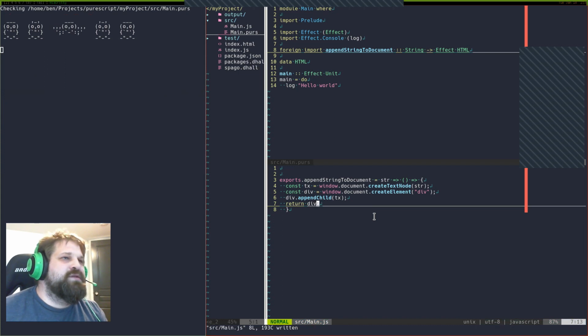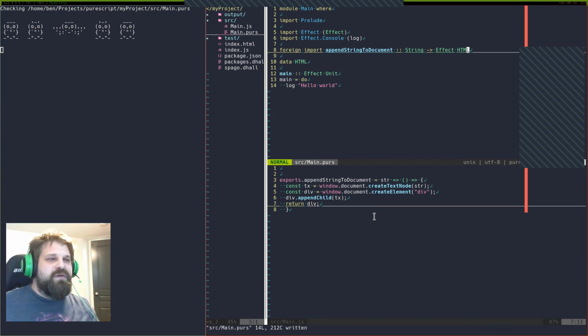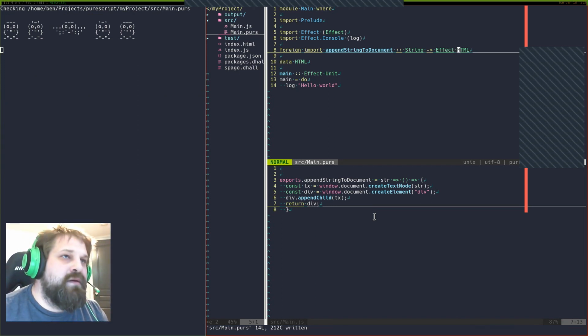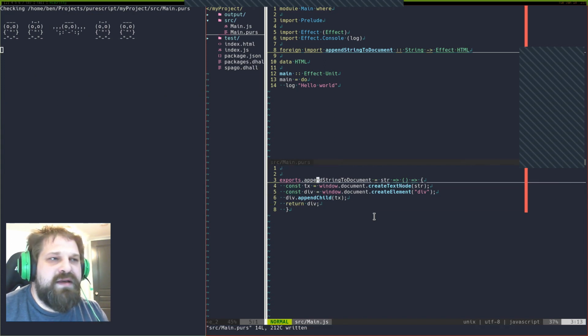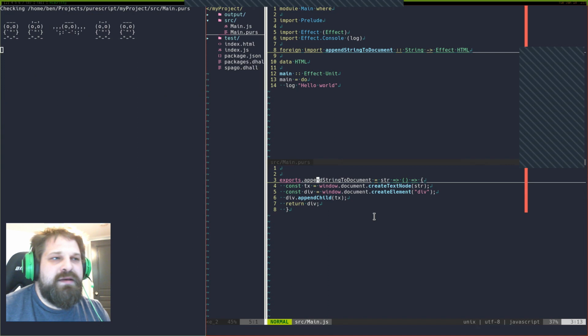Okay. So now it's no longer grumpy that we do not have a correct way of doing this foreign function interface. It found the file, and it just matches up the name here to your export list in this file. So it happened to find everything it needs, and it trusts that our string to effect HTML is consistent here.